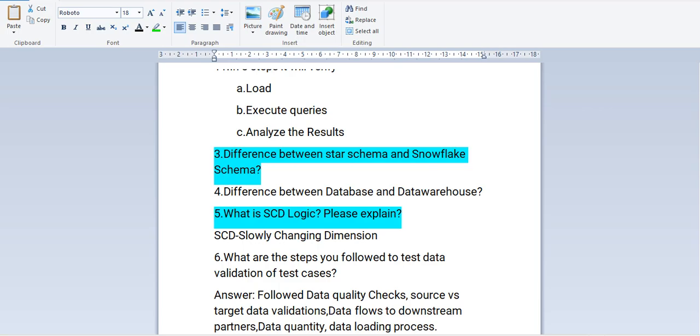So the next question is the difference between a star schema and a Snowflake schema. These are data warehouse concepts. Star schema and Snowflake schema are two types of database schema designs used in data warehousing. Comparison-wise, a star schema structure is a single central fact table connected to multiple dimension tables in a